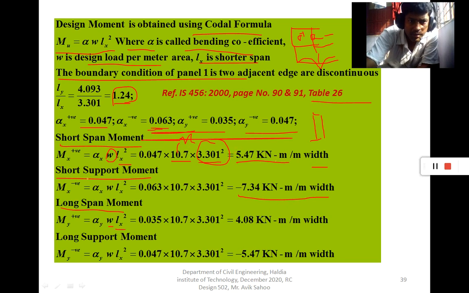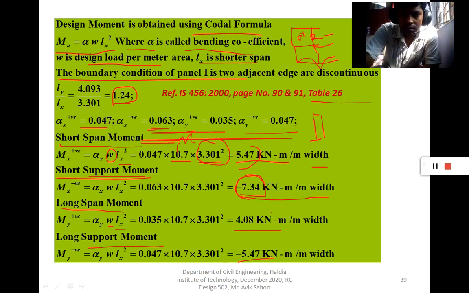and the shorter direction. So you see that we are getting the short span moment, the positive moments. The short support moment is always negative, the long span moment is positive, and the long support moment is negative. The maximum value we consider is minus 7.34 along the shorter direction, the support moment. So the maximum moment occurs along the shorter direction and in the support region,